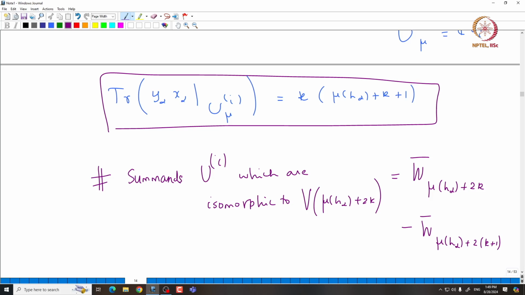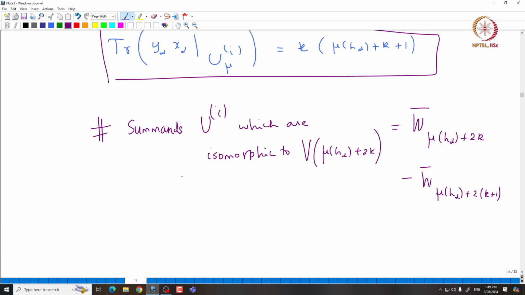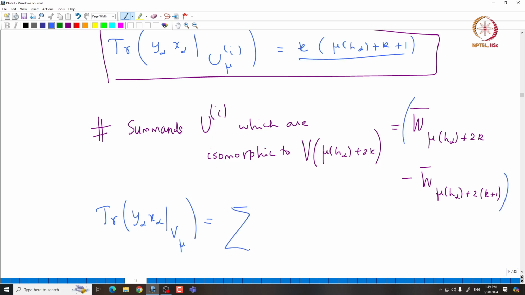So, because this is what gives you the number of summands, now it is easy to compute the trace of this y alpha x alpha on V mu. So, that is going to be the sum of the traces, which is given by this multiplicity times the individual trace. So, this is exactly the summation over k from 0 to infinity,